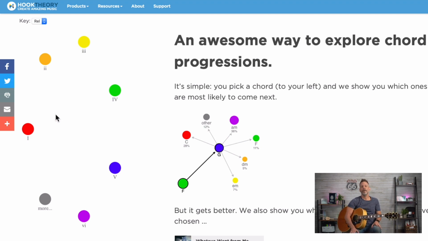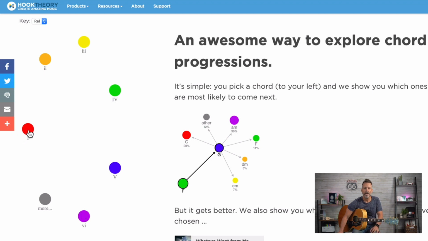Nonetheless, check this out. We're in a major key, or in a minor key, it doesn't matter. If we're in a major key, the 1 is going to appear a lot, more than anything else, because it's our structure, it's our tonal center. If we're in a minor key, then that chord's going to appear most likely more than anything else.